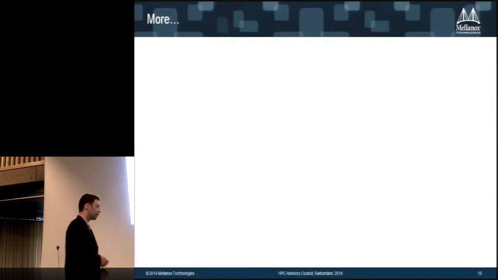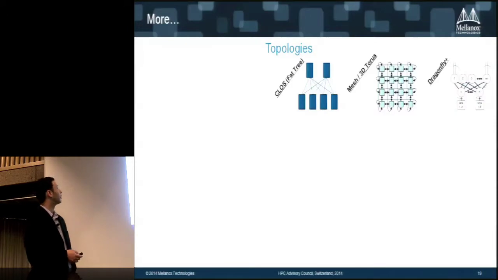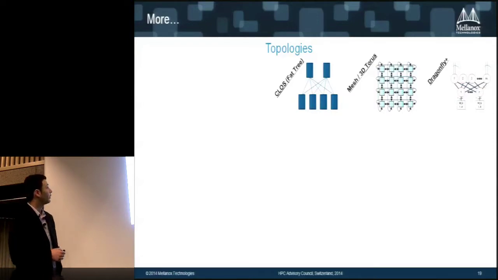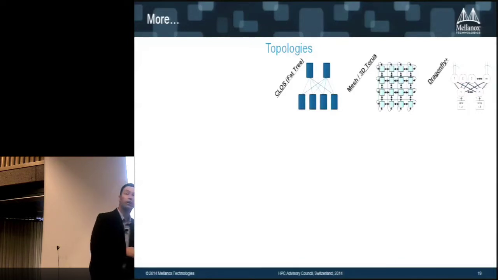And there are more things on scalability, and I just want to highlight a few of them, but the list is, as I mentioned, long, and as we evolve, we'll find more and more things we want to do in terms of scaling. So first of all is supporting the different topologies. So I know that, from an InfiniBand standpoint, the dominant topology today is fat tree. People build it non-blocking, blocking, whatever flavor they want. This is the dominant one.